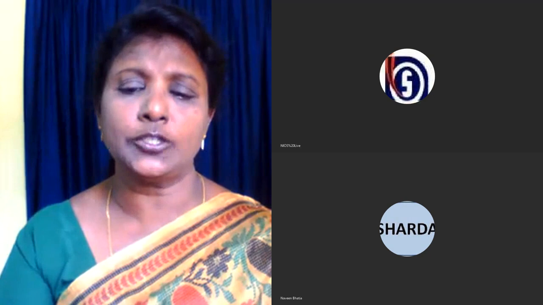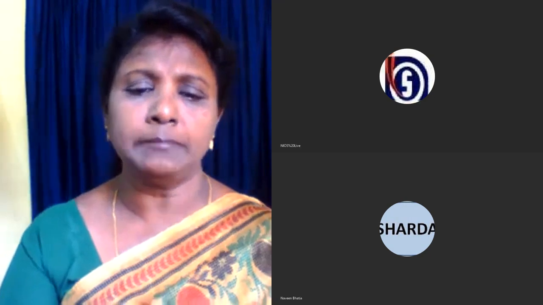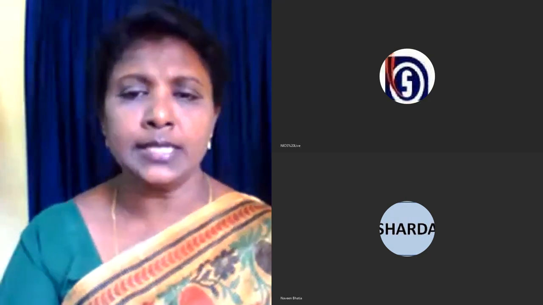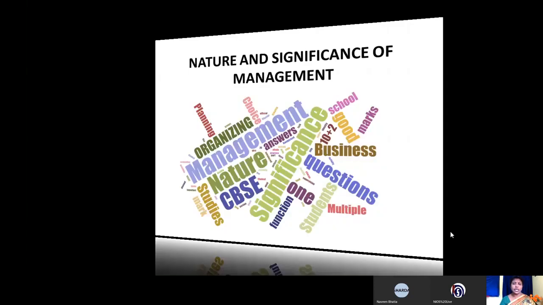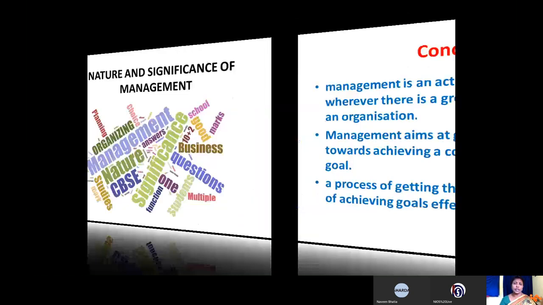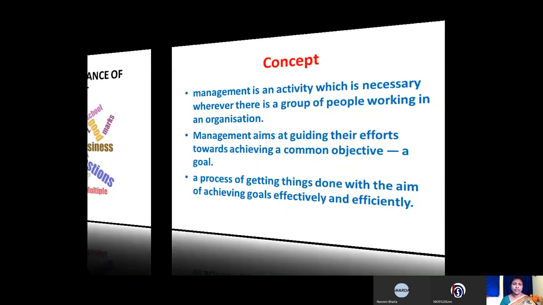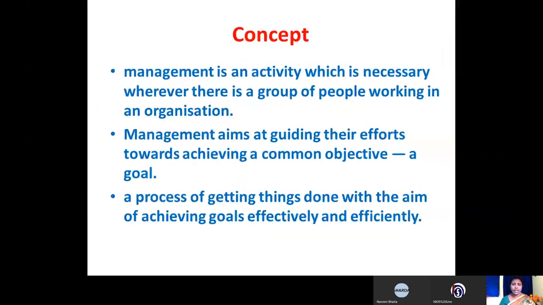So I will go to the next topic, students, to understand that there are various features of management, because of which management becomes very necessary. It's an activity, and wherever there's a group of people involved, it's an activity, and it aims at guiding the efforts of the group towards a common objective. It's a process of getting things done